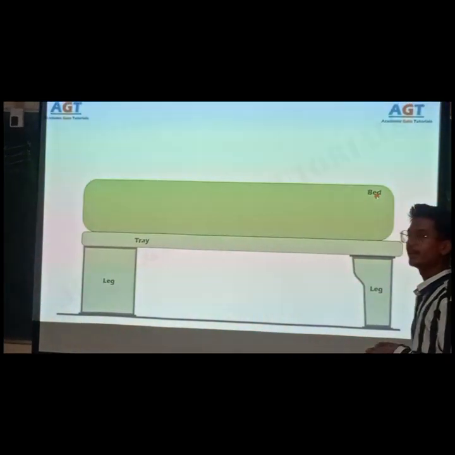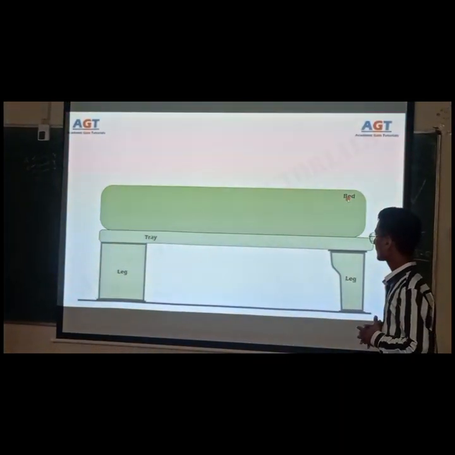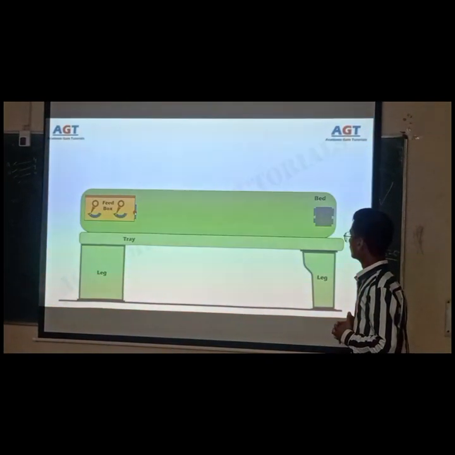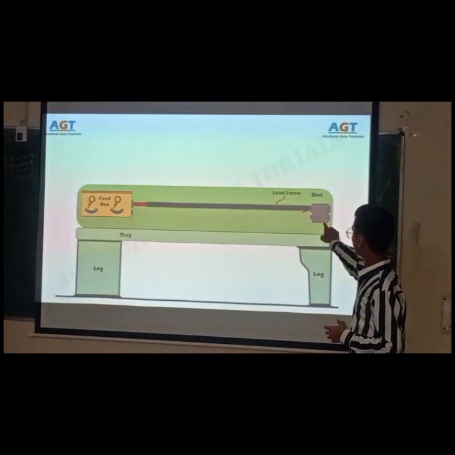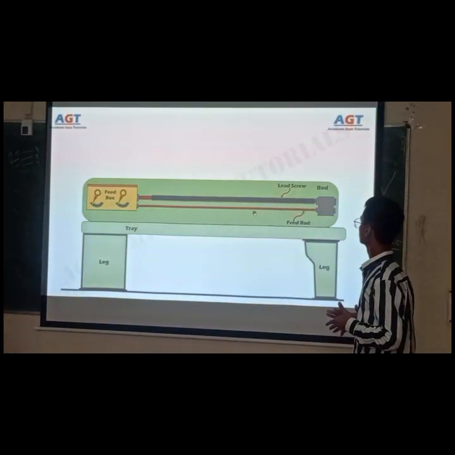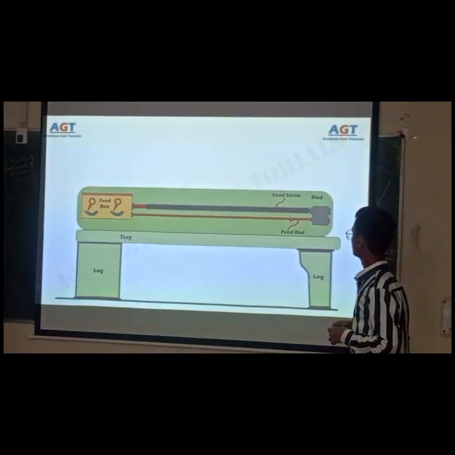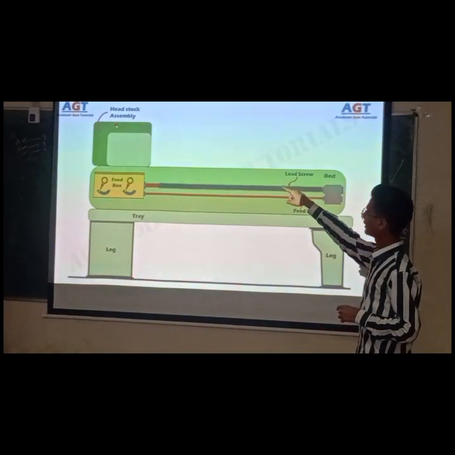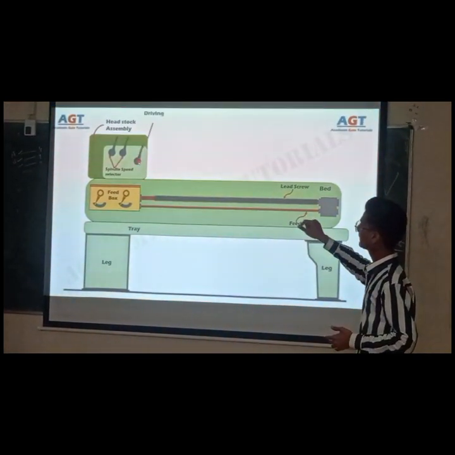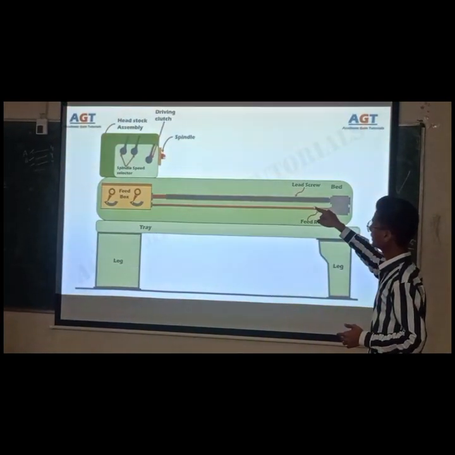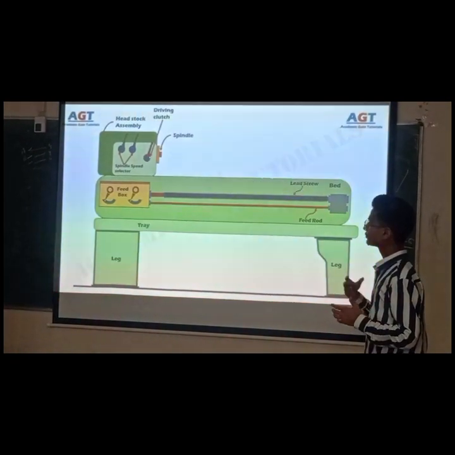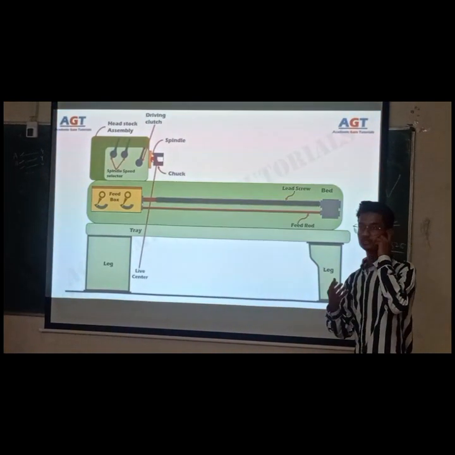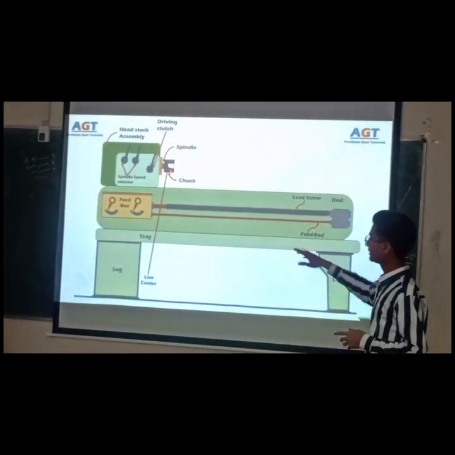So this is the bed. Bed is one of the most important components of the lathe machine, on which all the components are mounted. There is a speed box and lead screw. There is a feed rod. Now there are two stocks: the headstock is on the left-hand side of the lathe machine, and in the headstock there is a spindle and there is a chuck which is used to hold the workpiece. There is a chuck, and the chuck is like a 3-jaw chuck, 2-jaw chuck, and it is called the live center because the